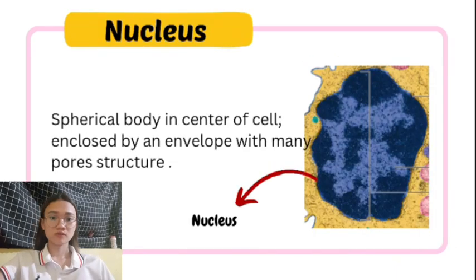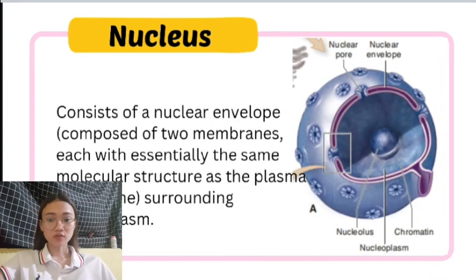So next we have the nucleus. The nucleus is a spherical body in the center of the cell, enclosed by an envelope with many pore structures. So yan, kung makikita nyo sa image, yun yung nucleus. The nucleus consists of a nuclear envelope composed of two membranes, which is essentially the same molecular structure as the plasma membrane,